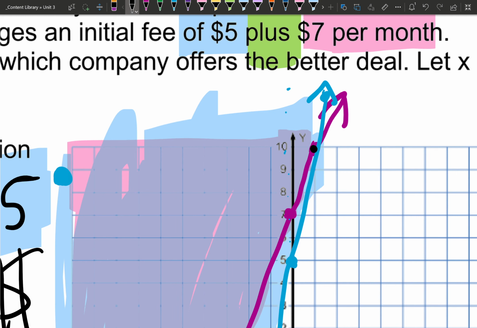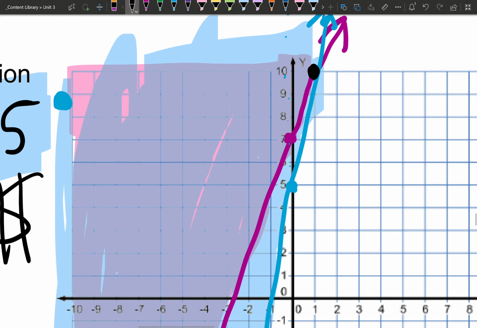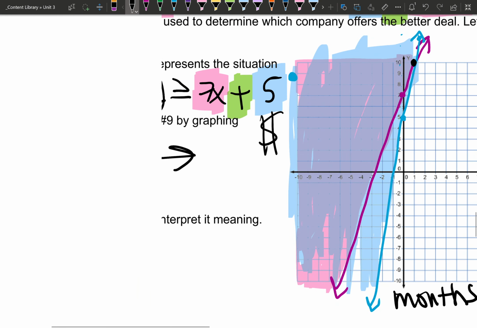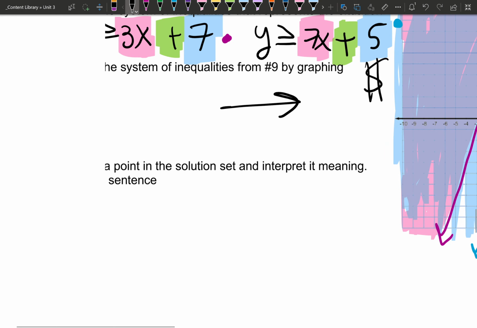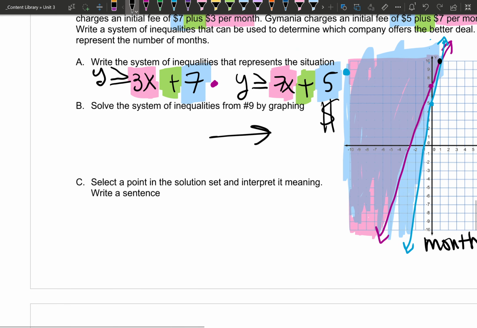So they cross. It looks like they cross right here at 1, 10. So let's use that. Why not? Oh, I zoomed in so much. Uh-oh. There we go. So let's select the point 1, 10